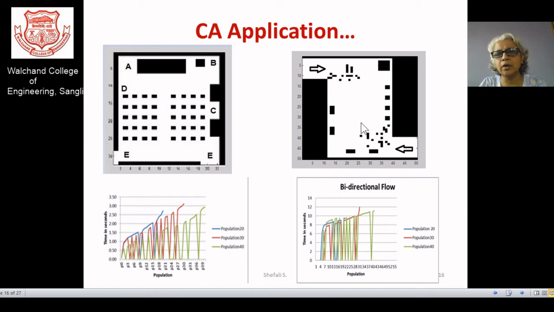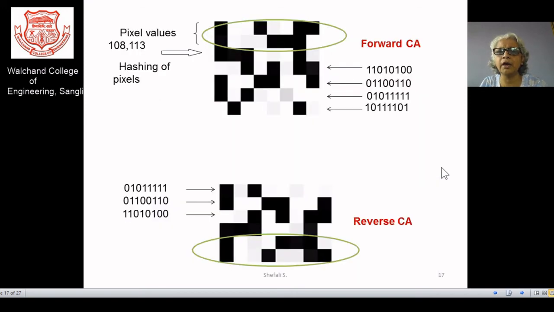Or there is another option: there is a corridor and students are moving in it. If there is a crowd, and social distancing is to be carried out in this corridor or pathway, then what exactly is the constraint, or how much time is required to make the path clear? In that way I can have numerous applications with the usage of cellular automata. So you may think over this and have your own application or your own project itself.